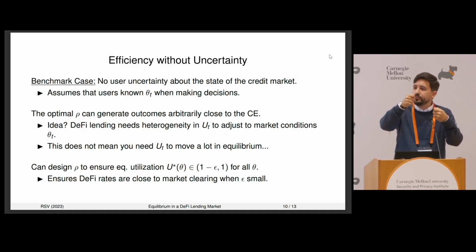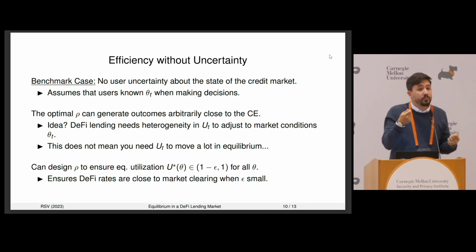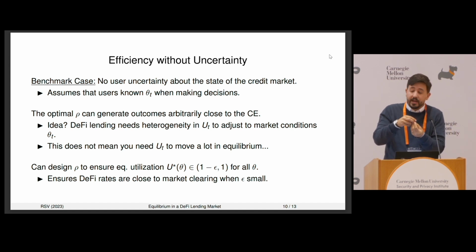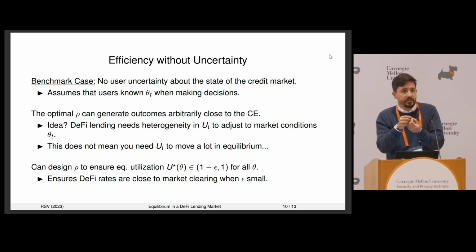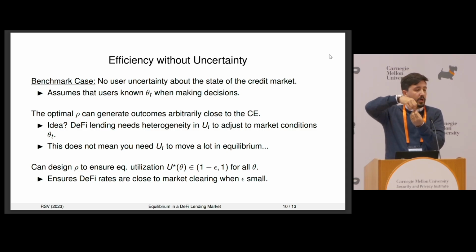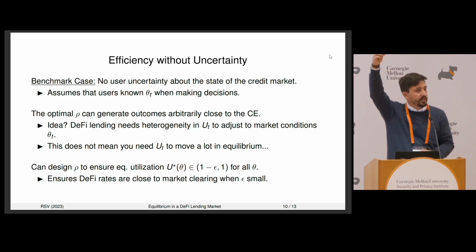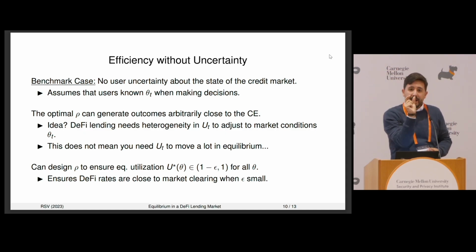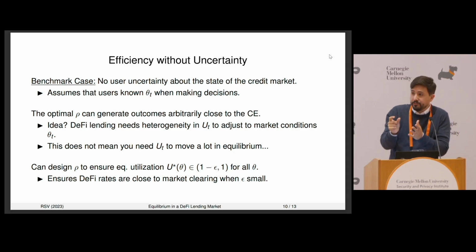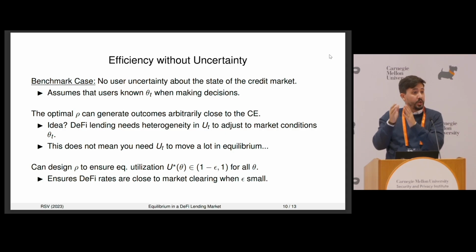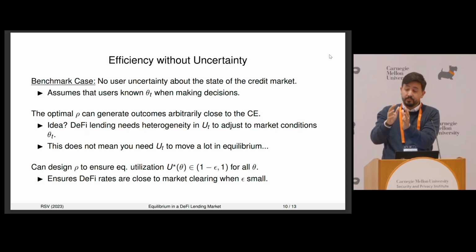We need the utilization rate to move, but we don't need to move it a lot, right? So we can design the interest rate function so that small movements in the utilization rate lead to potentially large changes in the interest rate, allowing us to span the entire set of market clearing rates through a small range of utilization rates. And we basically target that range to be close to 100%, but